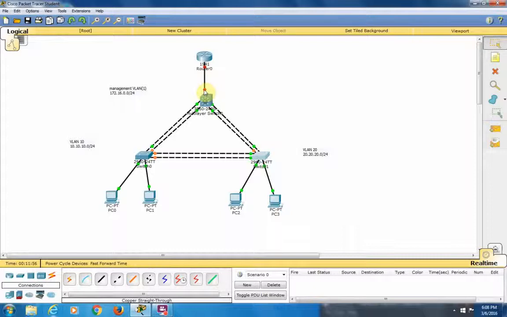We got F0/8 up here. 15, 16, 17, 18, like our previous activity, are the interfaces we're using for our multilayer switch. Make sure you have a layer 3 switch up here, or else we will not be able to route between the VLANs. 2 normal switches down here, 4 normal PCs,